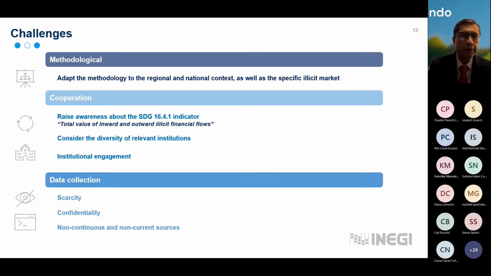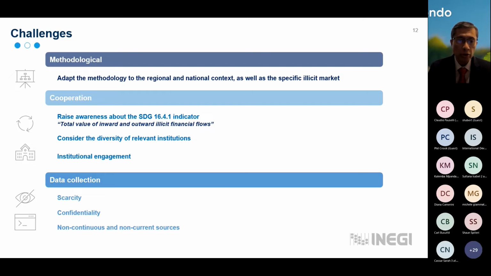And there are a few challenges. First, for INEGI, since this pilot was done by UNODC, as I mentioned before, in order to continue this type of measurement, we have to adapt the methodology to the national context, as well as the specific illicit market. There are also some challenges around the SDG indicator, which is the total value of inward and outward illicit financial flows. We have to consider the diversity of the relevant institutions at the national level and the institutional engagement. Also, for data collection, there are some important challenges: first, the scarcity of data, confidentiality issues, and the difficulty that we have with sources that